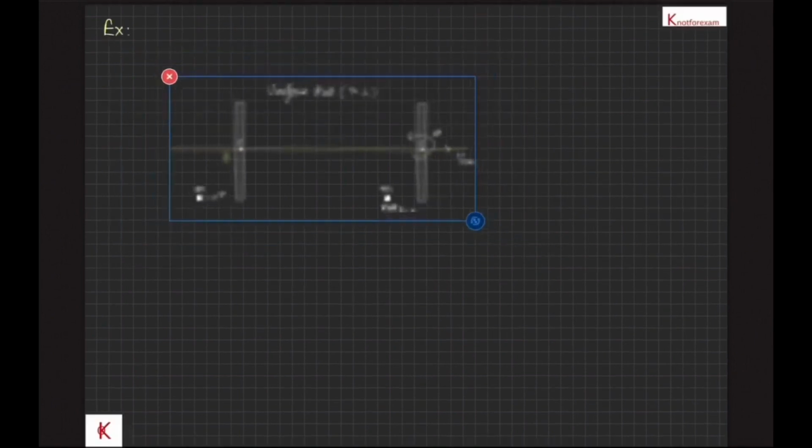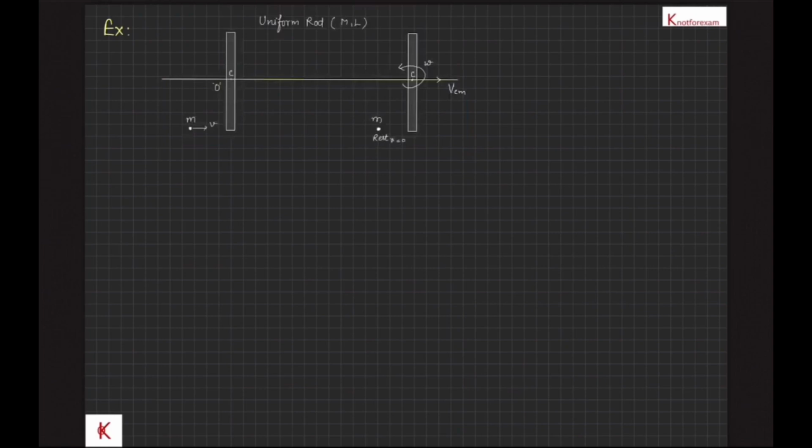Let's see the following examples related with the above discussion. In this example, a uniform rod of mass m and length l rests on a horizontal frictionless surface. A particle of mass m moving with velocity v perpendicular to the length of the rod collides with one end of the rod and comes to rest after the collision. We want to find out the angular velocity of the rod just after the collision. Initial linear momentum of the system Pi is m into v, and final linear momentum Pf will be m into Vcm as shown. By linear momentum conservation, initial linear momentum Pi is equal to final linear momentum Pf, and therefore Vcm is equal to mv upon m.